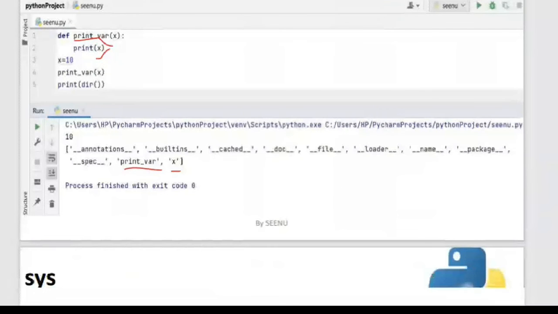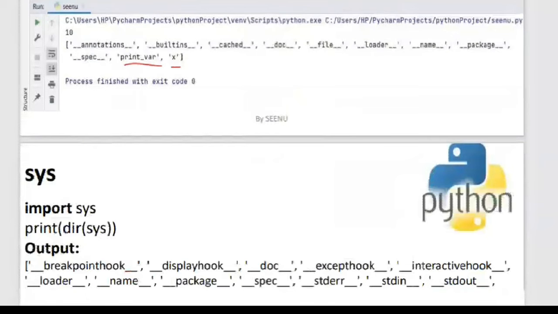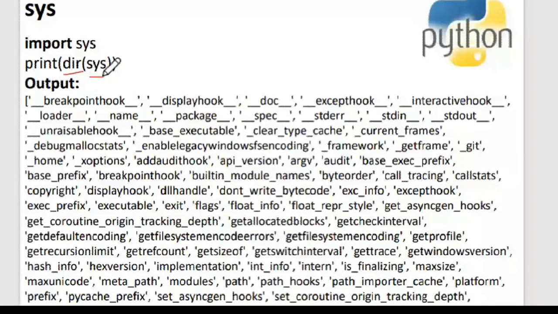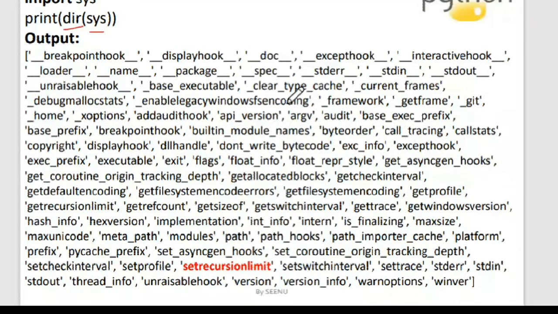The next one is regarding the sys module. In case you want to know what are all the identifiers that the sys module uses, you can say dir, and then pass this module name as an argument into this dir function. Before that, you need to import sys, because without importing, your program will not know the sys module. So first you import the sys module, and then say dir and pass sys, or any module in fact, into this dir function.